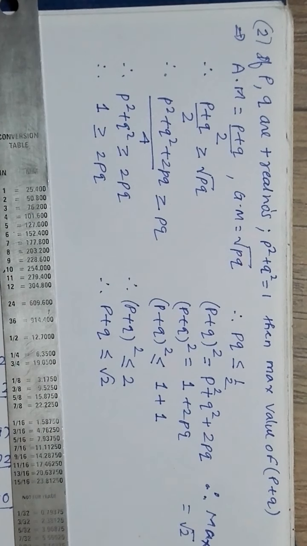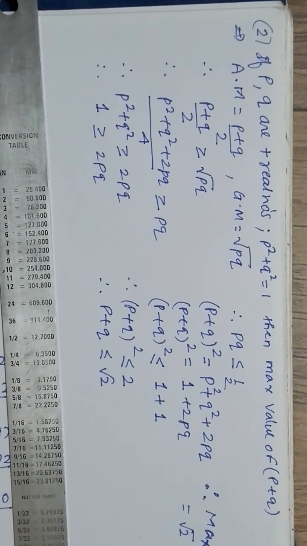It is a square plus b square is equal to 1, right? Or x square plus y square is equal to 1. That is sin square theta plus cos square theta is equal to 1. Agreed? Yes or no? Yes. So you need to find what? Sin theta plus cos theta. So sin theta plus cos theta will be what? Think. Are you getting? Here sin theta plus cos theta will always be less than or equal to root 2.